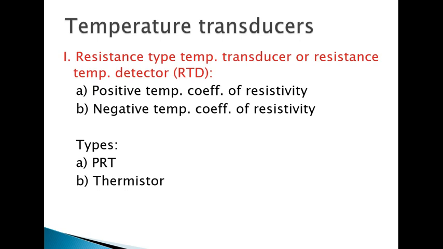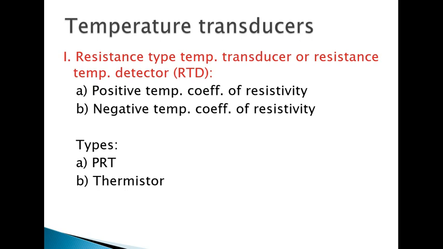However, if you see semiconductor materials, their resistance decreases with increase in temperature, meaning their conductivity increases. That is why the resistance decreases if the temperature is increased. Therefore, we can say that semiconductor materials have a negative temperature coefficient of resistivity, meaning what? Their resistance decreases with increase in temperature, or their resistance increases with a decrease in temperature, we can say.